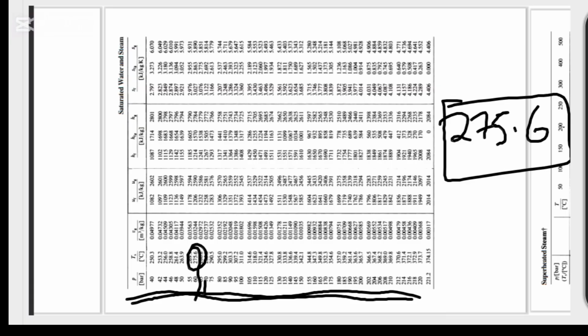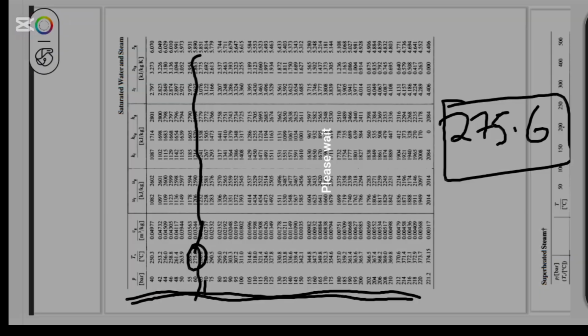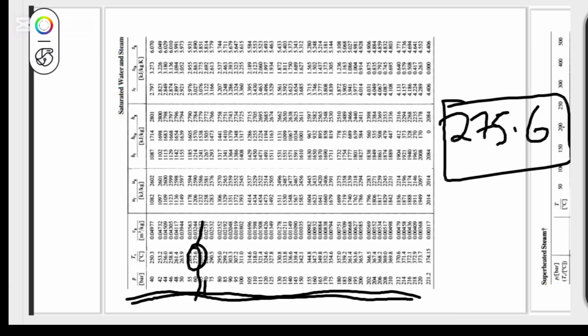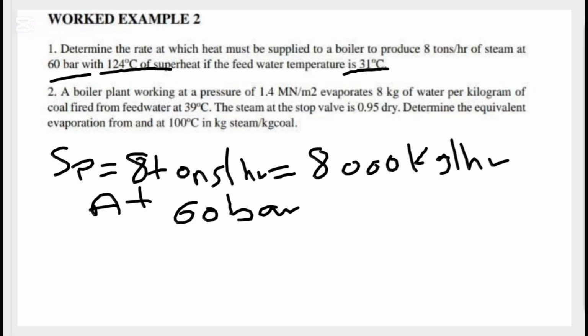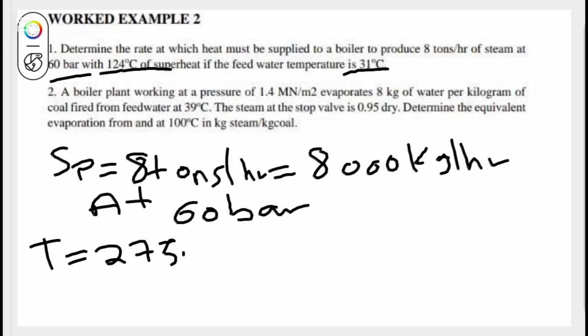So care must be taken. You have to take note of it. And if you are looking for hg or hf, you are going straight off to the last of sg if you are asked to find the sg or something else. So for now, I hope you see the steam table. If you could recall, at 60 bar we get the temperature of 275.6 degrees Celsius